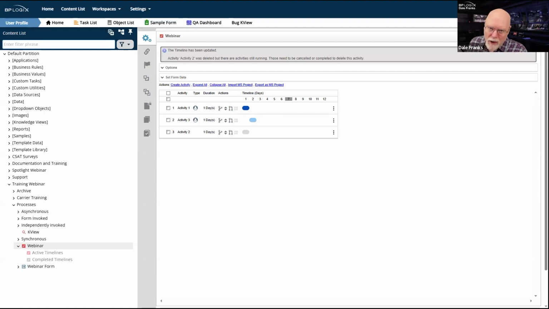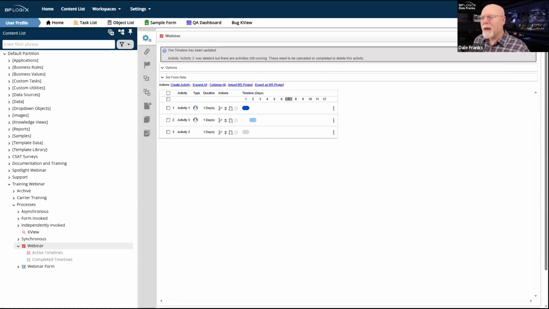So what that meant was, if you were going to make a fundamental change, if you were going to remove an activity, and it's the removing the activity that's the issue. If you're going to remove an activity, I really have two choices. I can either refuse to remove it to keep the activity running, and then I got to figure out, okay, what does that mean for any future activities? Or you can do what we used to do, just say, all right, fine, delete the activity, throw the process into an error state. So what you would have to do as an administrator is export your changes, import them into production, and then immediately go to the process in error, find all of the activities that were in an error state, and simply cancel the activities.